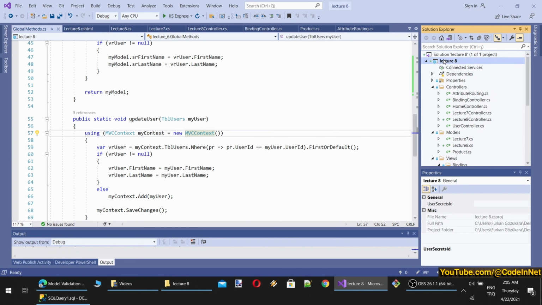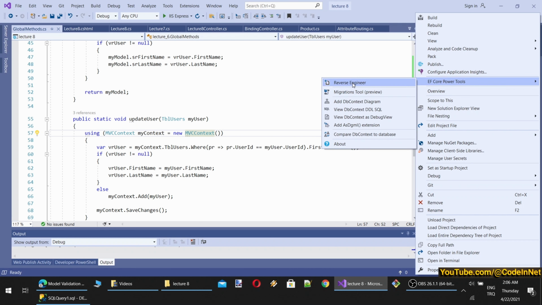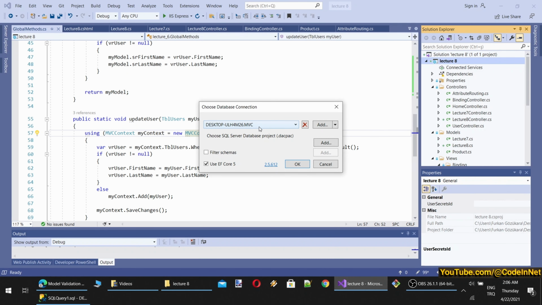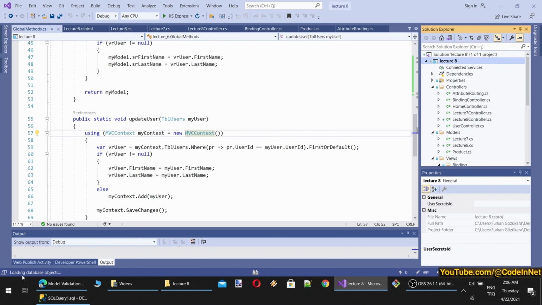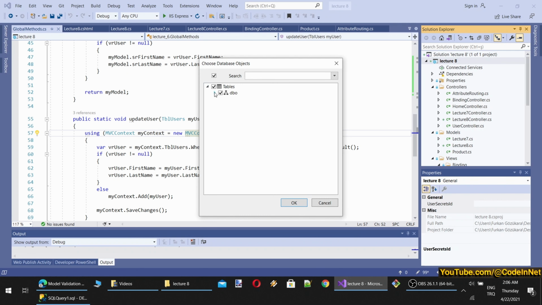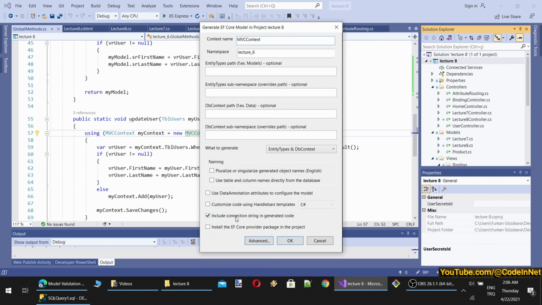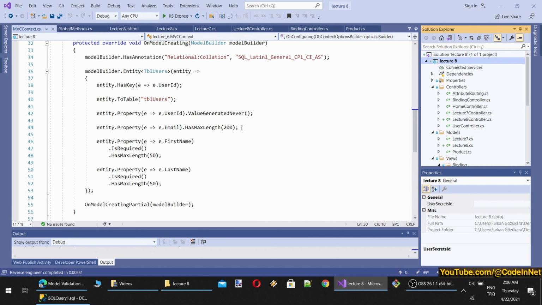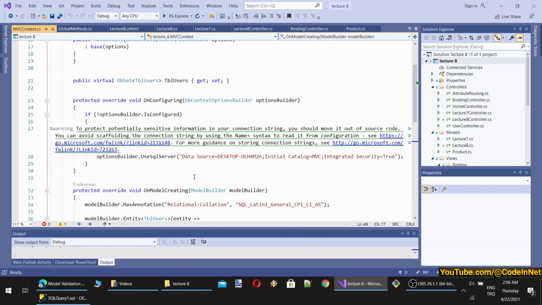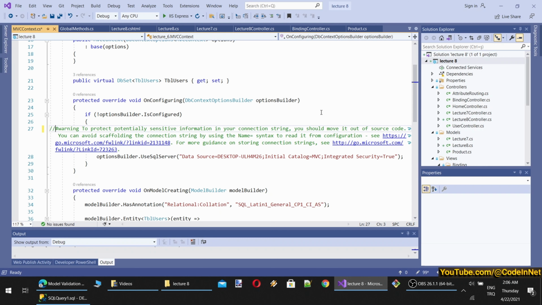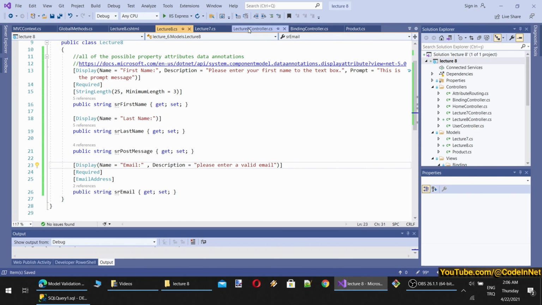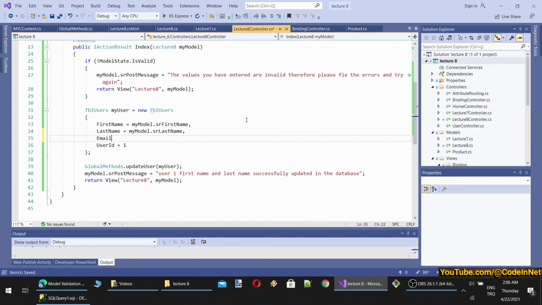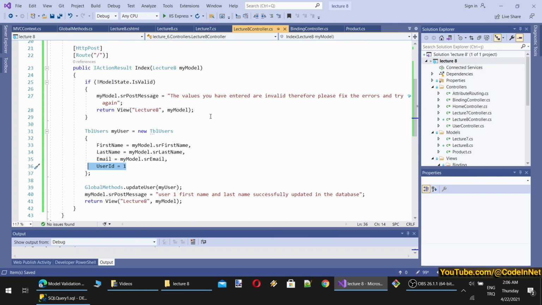Then we need to update our model with EF Power Tools Reverse Engineer. Okay, MVC is selected. Now it is loading database objects. Okay, I will pick everything. Yes, I will include the connection string. Okay, it has generated email as well, with max length. It should also allow nullable. Let's comment this out. And then in my controller, I need to set Email equal to my model.Email. Okay, now email will also be set. We are currently only updating user ID 1.